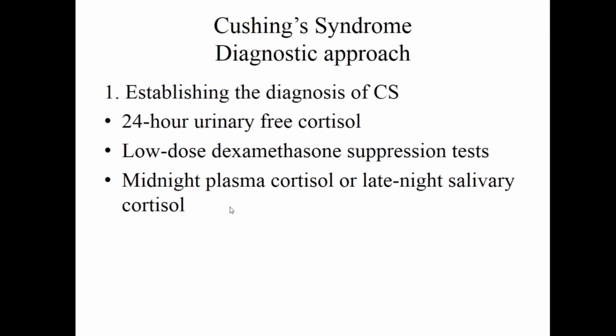So what are the tests that we do to estimate the cortisol in the body? They are the 24 hours urinary free cortisol, the low dose dexamethasone suppression test, the midnight plasma cortisol, or the late night salivary cortisol estimations. So these are the tests for the diagnosis of